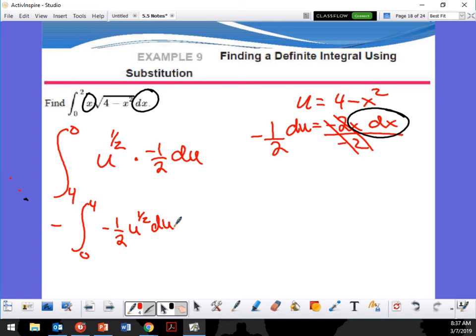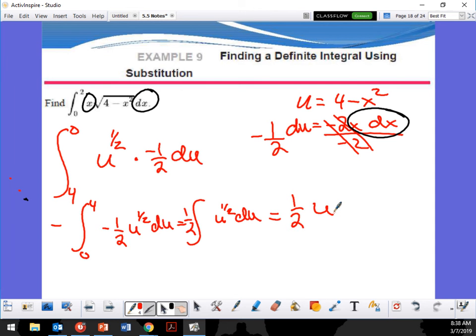So now I'm going to factor out the negative 1/2, right? Say Jess. Yeah. Okay, so factoring out the negative 1/2 makes this whole thing positive, right? Yeah. So it's going to be the integral of 1/2 of u to the 1/2 du. All right, don't forget we're adding the value of 1. So in this case, I'm adding 2 over 2, right? Yeah. So this is going to turn into